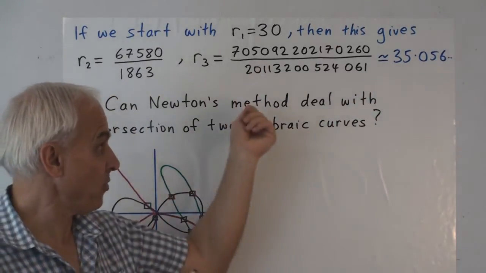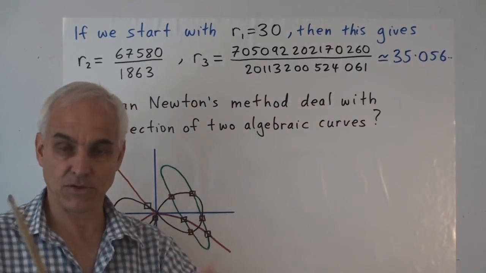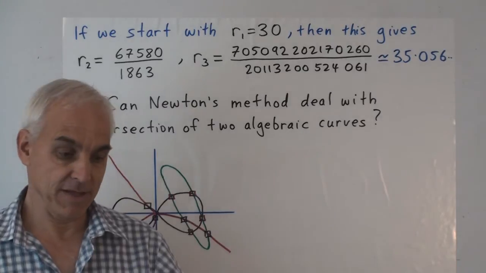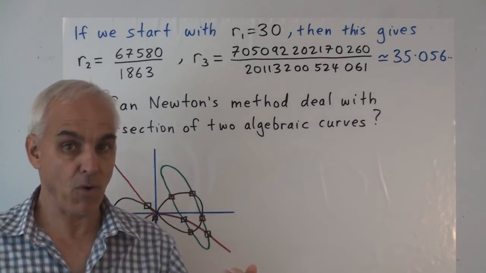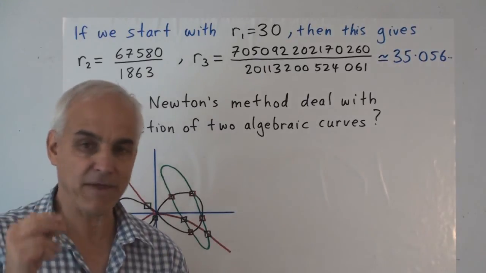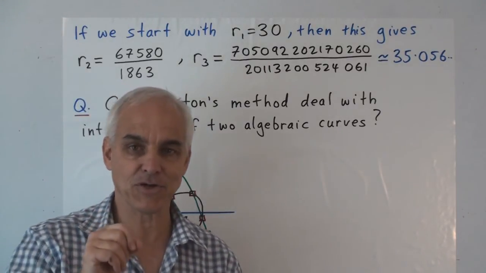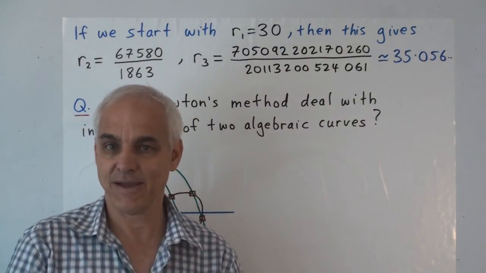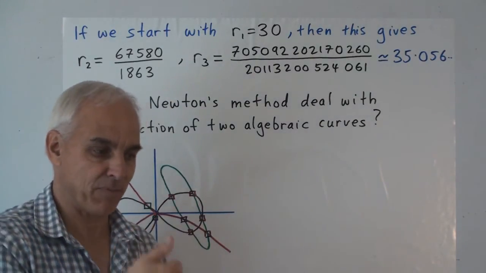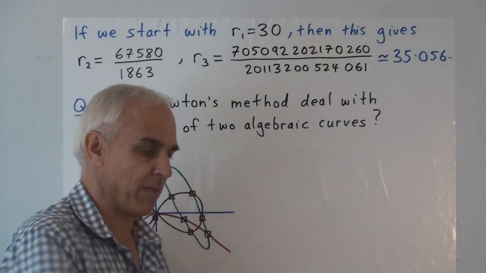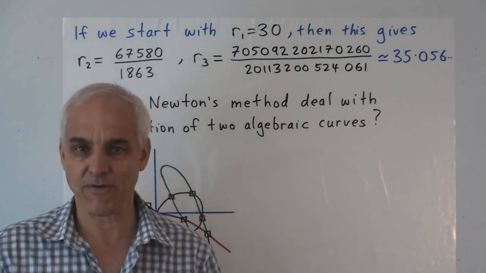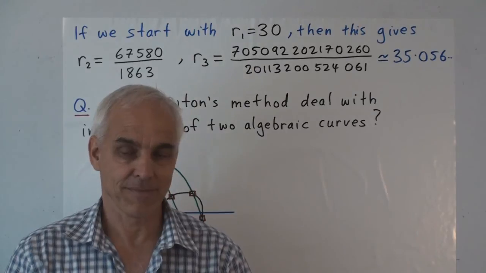And if you iterate a few more, you're going to get closer and closer to 35. But in this case, Newton's method does not know that there is an exact solution. So Newton's method is not a method that will necessarily get an exact solution for you, if it exists. Newton's method always just gives us a procedure, step by step, that gets us closer and closer to a solution to whatever equation we're looking for.